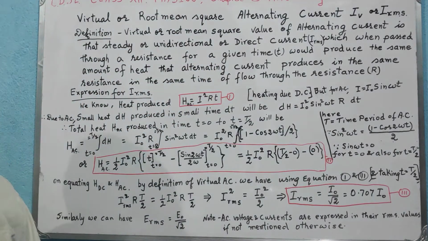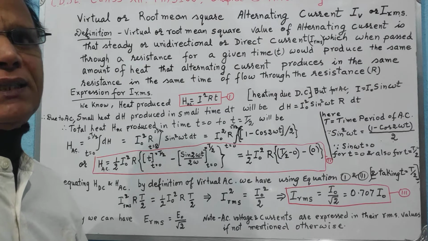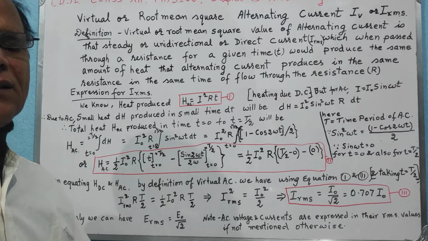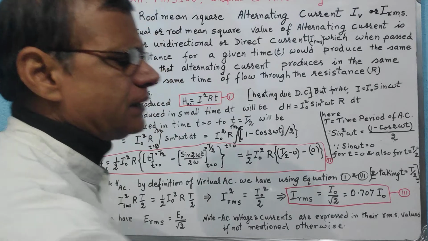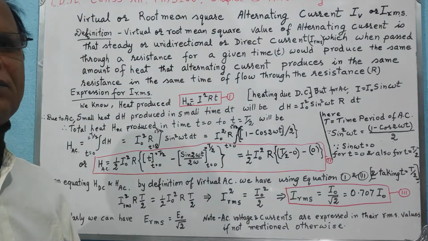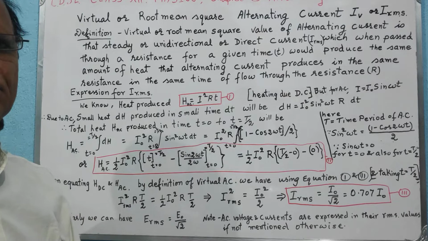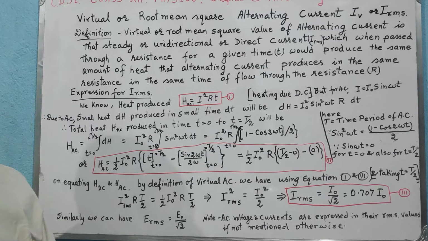Dear students, today we are going to find what is the expression of AC current in terms of DC current. Now, why this was necessitated, this we will understand before we proceed actually finding the expression for the equivalent AC value in terms of equivalent DC value of current. Well, you see what happens in alternating current.